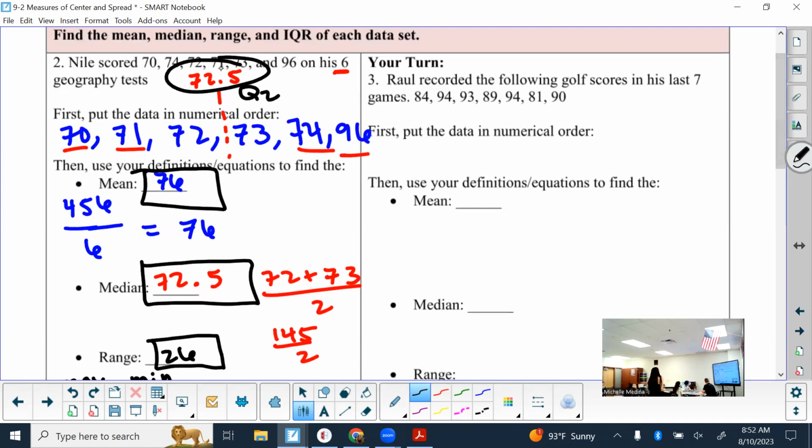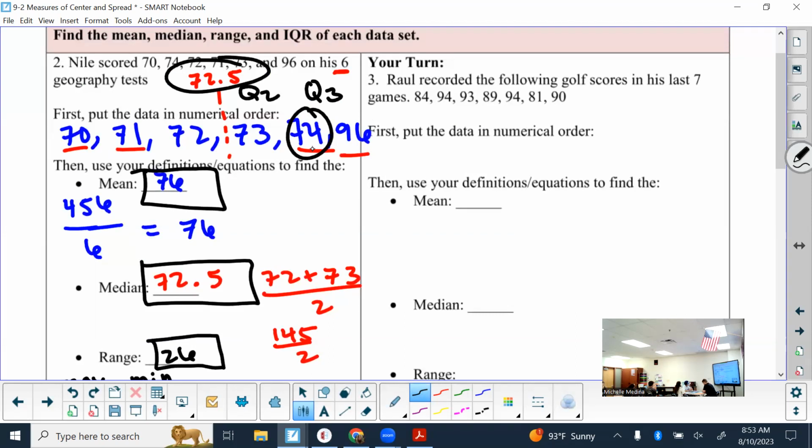All right, so this is my median. My Q3 would be the median of my upper half. So what's my median of my upper half? Jasmine. 74. When there's only 3 numbers in the upper half, it's easy to see which one's in the middle. Otherwise, go left, right, and